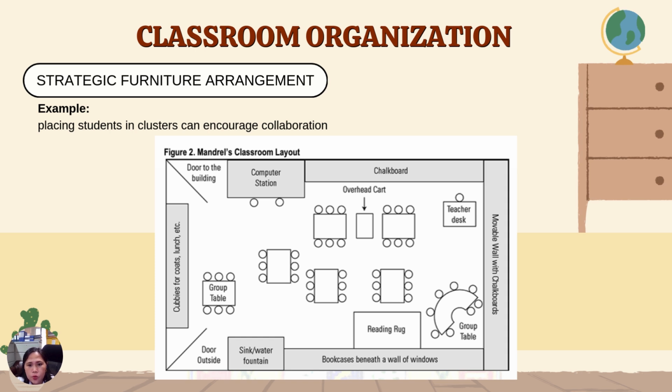It is also making sure that our physical arrangement now will influence student behavior and participation to attain learning outcomes. So there are three best practices now in classroom organization, one of which is strategic furniture arrangement. That is how, as a teacher, we position our desks, our chairs, the learning stations, that will maximize students' interaction